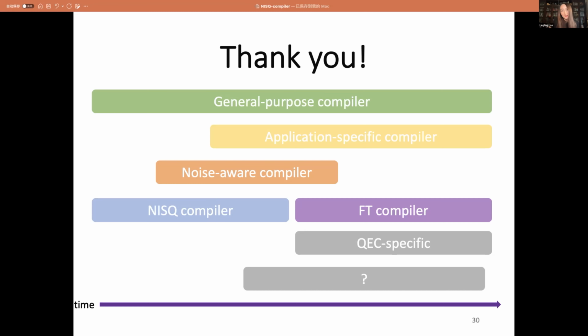But because of this, people have developed quantum error correction techniques to suppress errors. In principle, it could suppress errors exponentially. So for the long term, as I said in the last sentence, we will need fault-tolerant quantum computation and fault-tolerant quantum compilers.